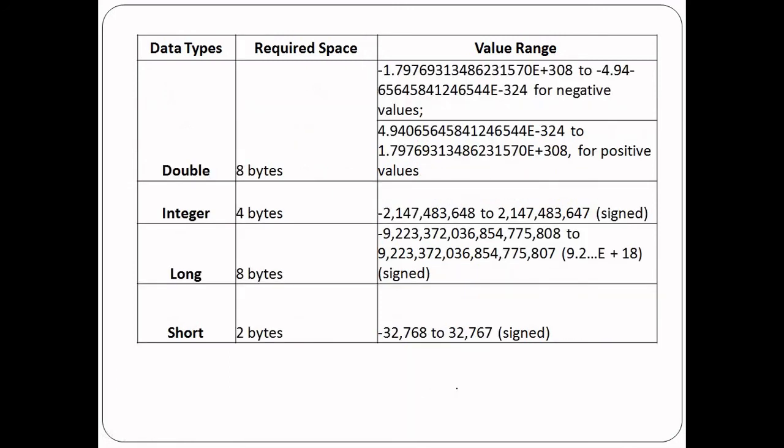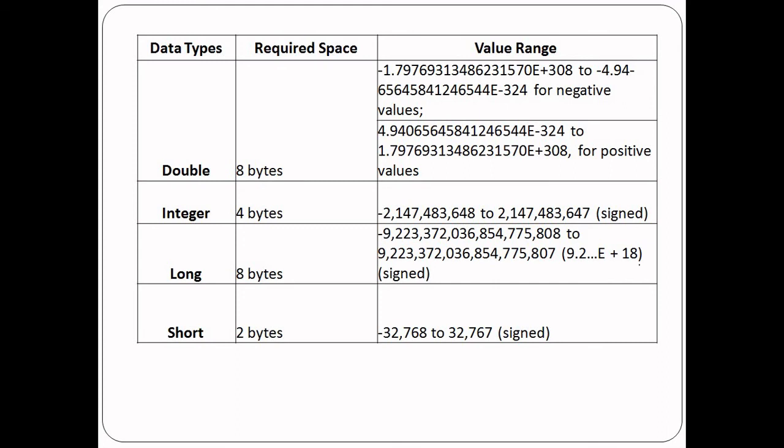We then have a data type called double. If you remember this, we used to have this in C as well. In C language we have int, float, long int, double, etc. Similar kind of data types are available here. We have double data type. Size of double data type is 8 bytes, and this is the range we have with double data type.